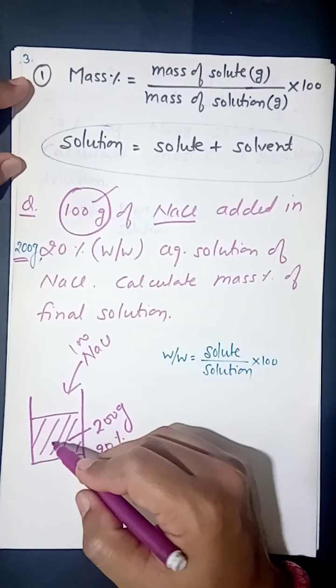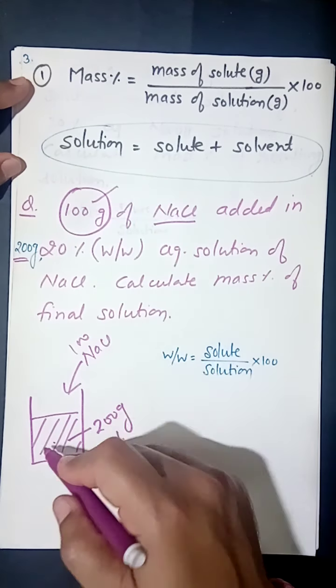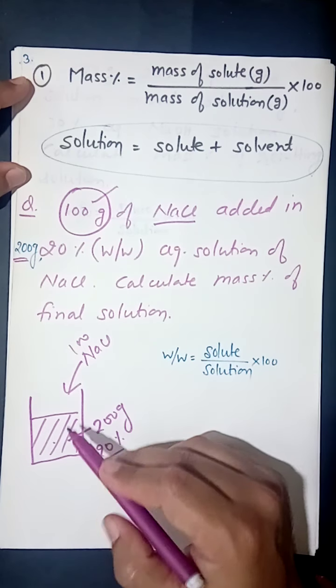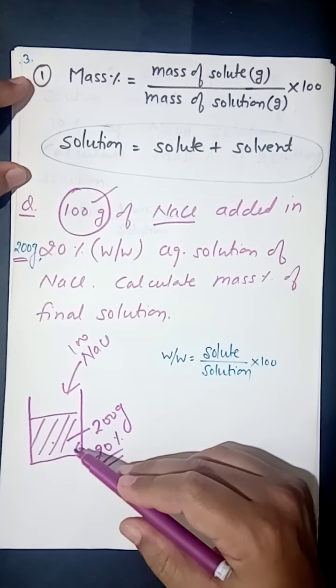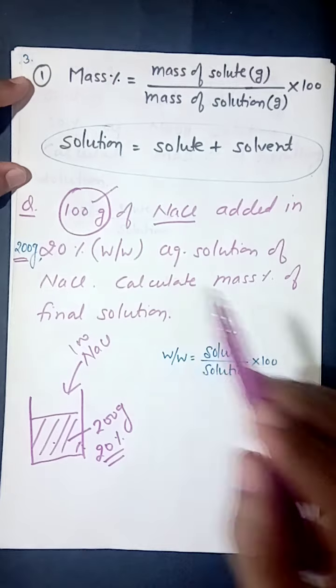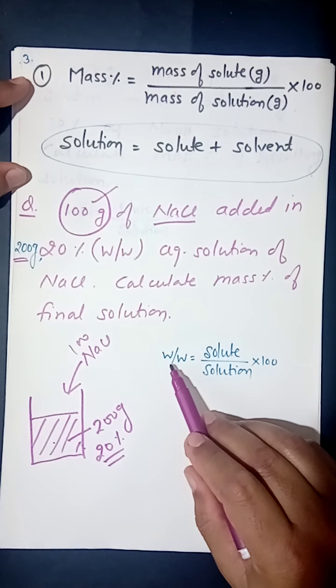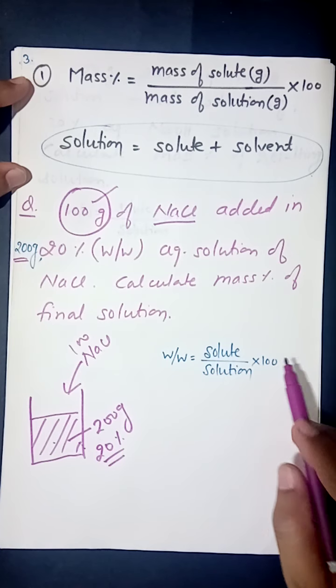So here we have NaCl and we are further adding NaCl. It means the amount of NaCl will definitely increase. But the answer is not just that it increases or decreases. We need to calculate mass percent quantitatively. For this, because initially NaCl is present, first calculate the amount of NaCl initially present in the solution. As it is mass percent, use the formula of mass percent. Mass percent is mass of solute upon mass of solution into 100.